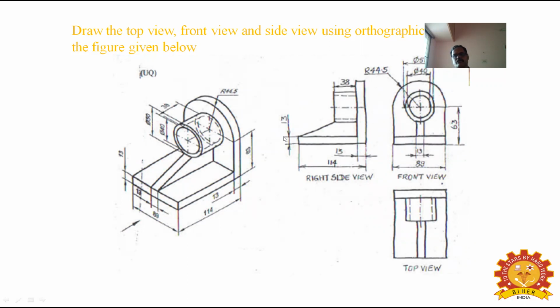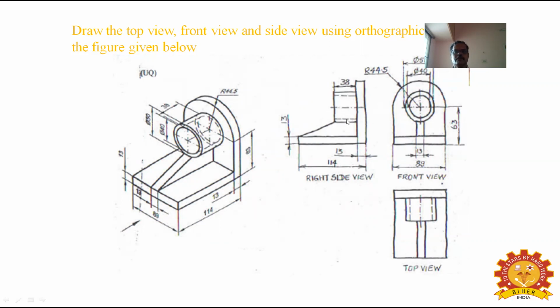Now after completing this front view, you have to draw the right hand side view. In the right hand side view, only this L portion is visible. The remaining arc portions you have to match with the front view, because this side and this side should coincide, equal height. And this boss height also, from the side view, you have to draw the projections. The width is given as 38 mm. At the bottom, join it with this lower portion by means of a line, so that you will get a taper portion.